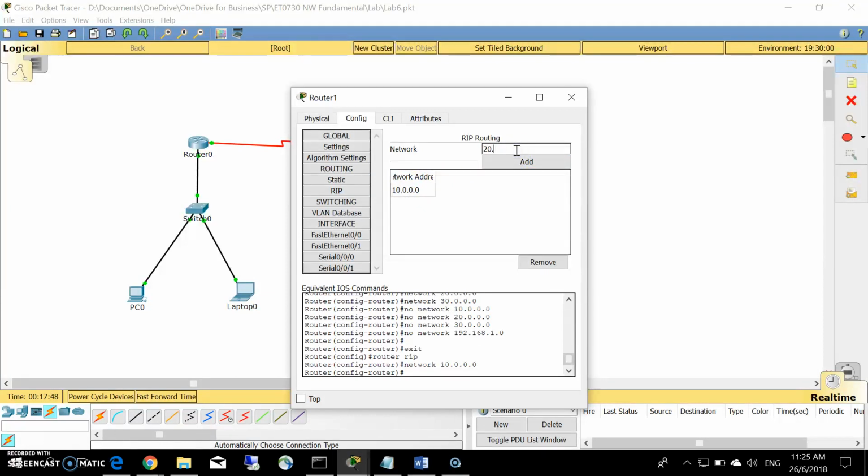Similarly, if I add 20.20.20.0, it also shows only 20.0.0.0. Same thing, because these are all class A networks, only the first number is important. So it doesn't matter because this should all work. After adding, I close it.